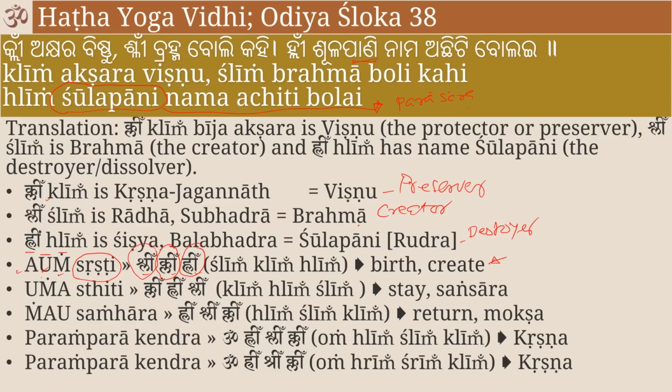Now, whatever you start, the starting will tell us what you will get. If it is starting with A, which is Shlim, see that? If you are starting with Brahma and Shlim, then you will have creation power. If you are starting with U, let us say Uma. U is Sthiti, Uma is Sthiti.